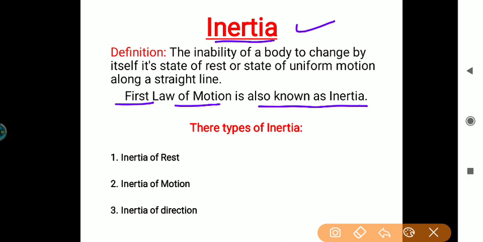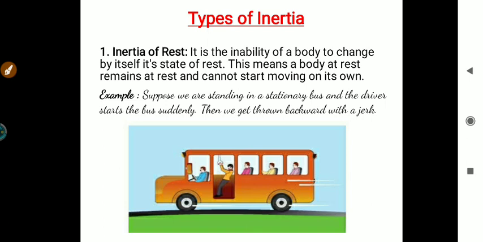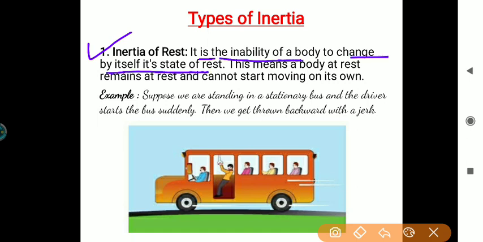There are three types of inertia. First is inertia of rest, second inertia of motion, and third is inertia of direction. First is inertia of rest. Inertia of rest is the inability of a body to change its state of rest. That means a body which is at rest remains at rest and cannot start moving on its own. For example,